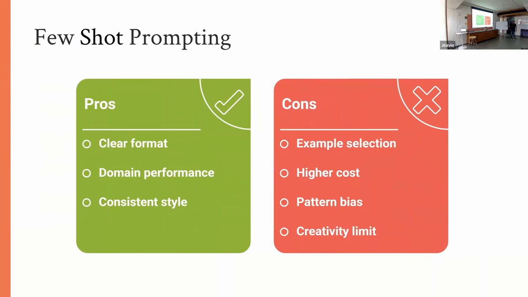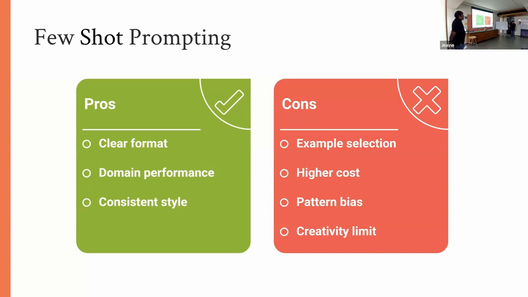That could be a subset of this, where you dynamically find examples that you want for the input data and then provide it as part of it. The cons are that it's higher cost because it requires a few amount of tokens in the input data, which could cost a little bit if we're doing it at scale.